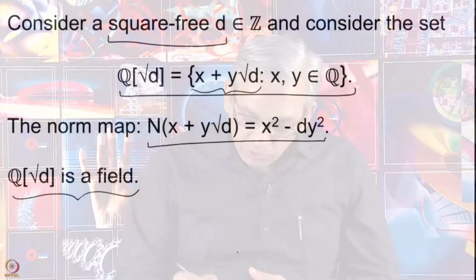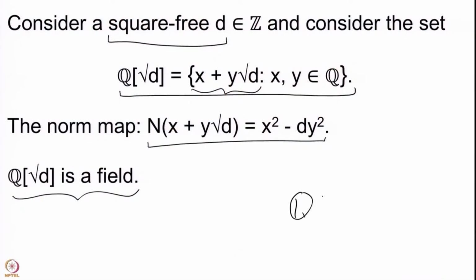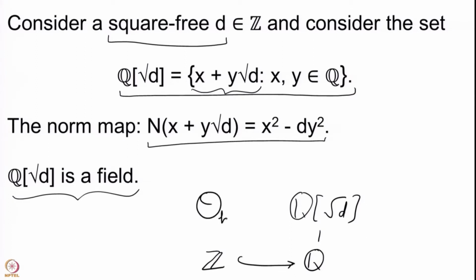So, in some sense the elements in Q root D behave like the rational numbers, and then we saw that just like we have the integers sitting in rational numbers, there are these algebraic integers sitting in Q root D. So, I may have told you that this is in fact a more general construction. If you look at Q root D, this is something like Q and we have Z sitting here inside Q. Then there is a ring called OK which is sitting here where you call this field to be K, and